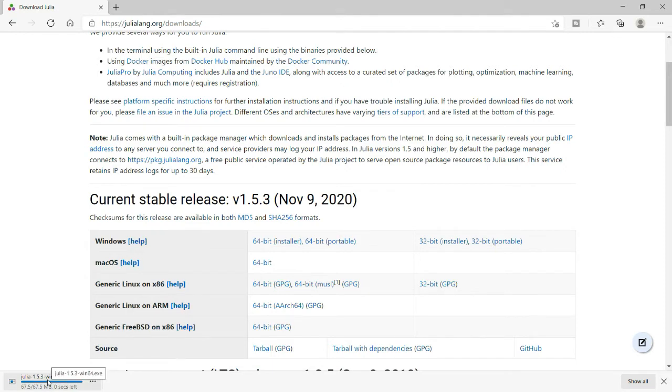Okay, it has been downloaded now. Now I will show you the process of how you can install it, and what options to check and what not to check. It is scanning for viruses right now. It takes some time, so give me a second. Okay, now it's done. Let me open this file. I have clicked on it,